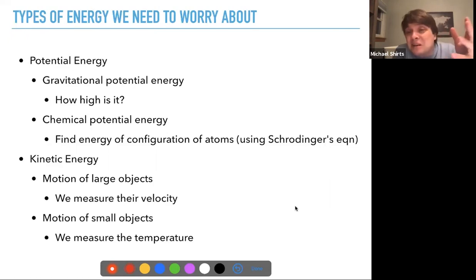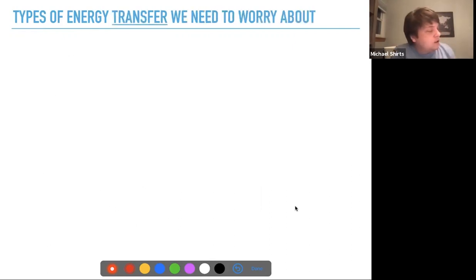It's in some ways a way to measure the energy just by exposing the system to a thermometer that was calibrated to let us know, so it rises to a certain extent or it gives a certain number based on the kinetic energy it senses from the molecules around it. So that's how we would measure the energy. Okay, so that's the type of changes in energy of a system we need to worry about.